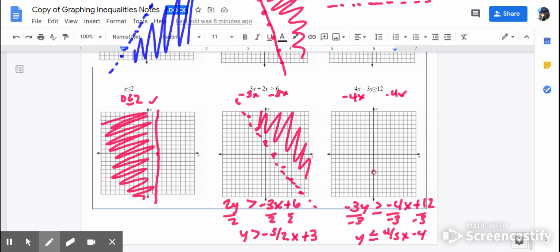Put my y-intercept at negative 4, go up 4 to the right 3. Or I can come back to my y-intercept and go down 4 to the left 3. Because it is less than or equal to, it is a solid line. And because it's less than,